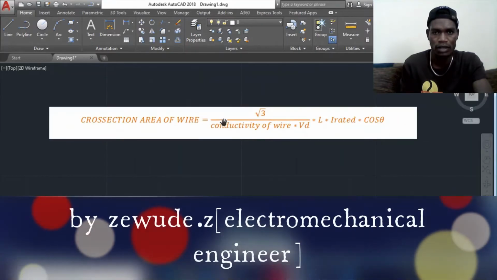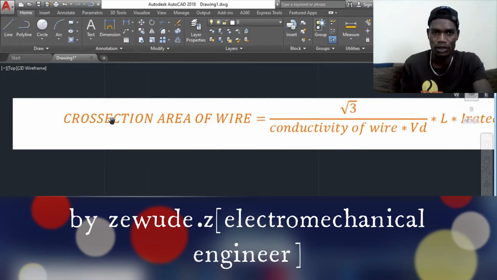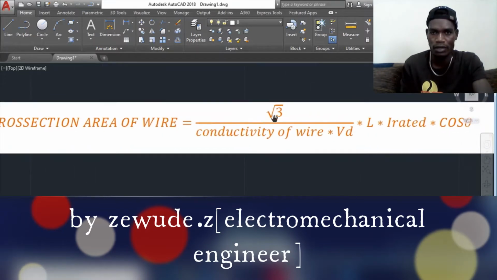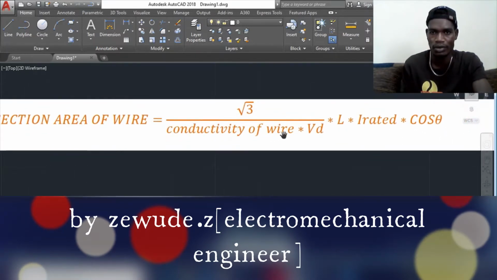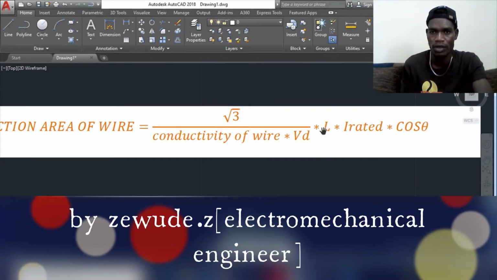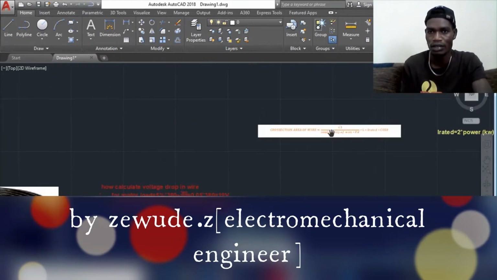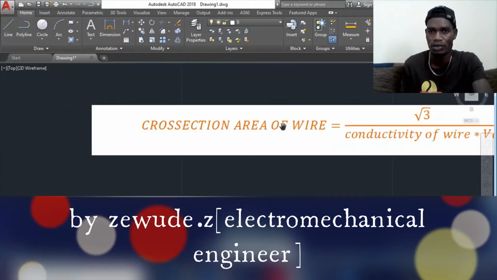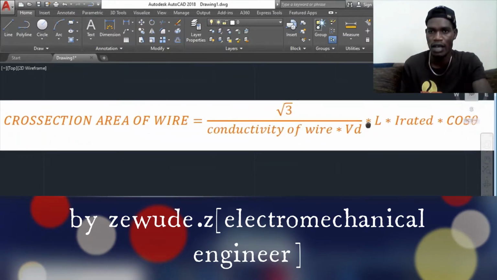What does it mean, and for what purpose are we going to use this equation? This is a question for you before I start my lesson today. Here, the cross-sectional area of a wire is equivalent to radical 3 over the conductivity of the wire times the voltage drop times length times I rated times power factor, or in another sense, cos theta. So what does it mean, and for what application are we using this equation in our real life